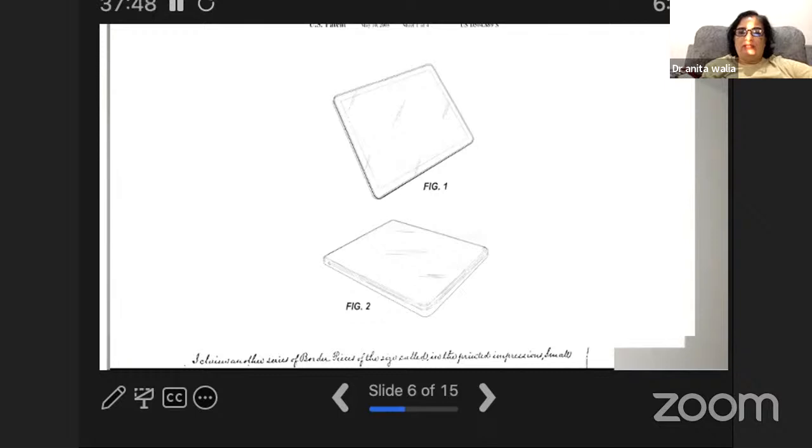Apple also obtained a design patent for the basic shape of the iPad. But there was a lot of debate about the iPad shape because it was not novel and not obvious. It is a rectangular shape, not with a sharp edge but with a narrow, blended edge.